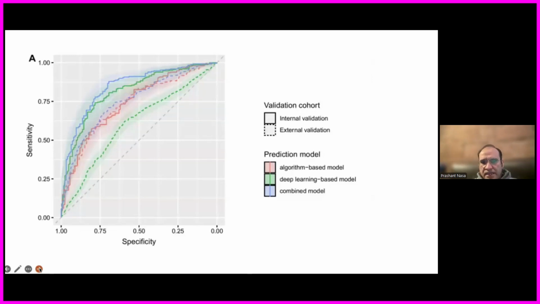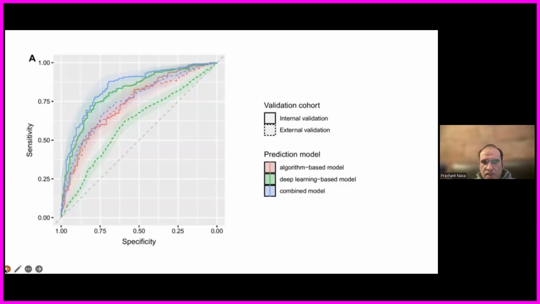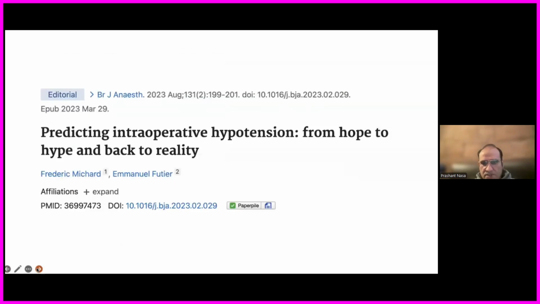What they found was they tried to build an algorithm-based model, a deep learning based model, or a combined model. And the algorithm-based model had a much higher sensitivity and specificity as compared to the deep learning based model, and the deep learning based model had a lower sensitivity. When both the algorithm-based model and the deep learning based model were combined, the result was much more sensitive and specific. Probably we should use both algorithms, the way we look at these microcirculation, along with deep learning or deep neural networks, and using AI can improve understanding of the microcirculatory pattern in the management of these patients.